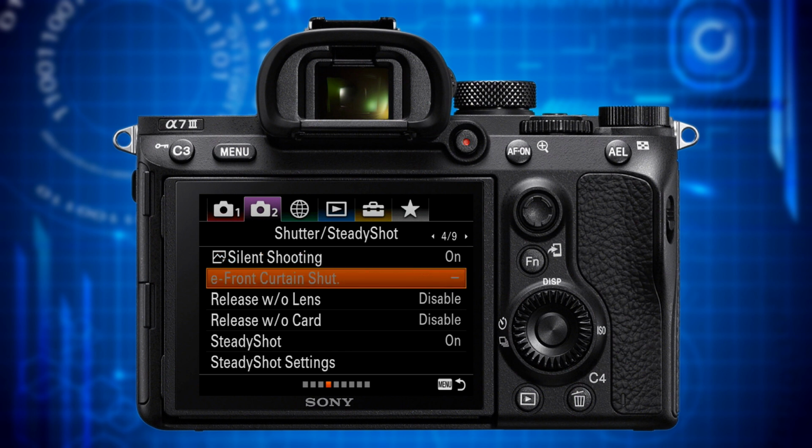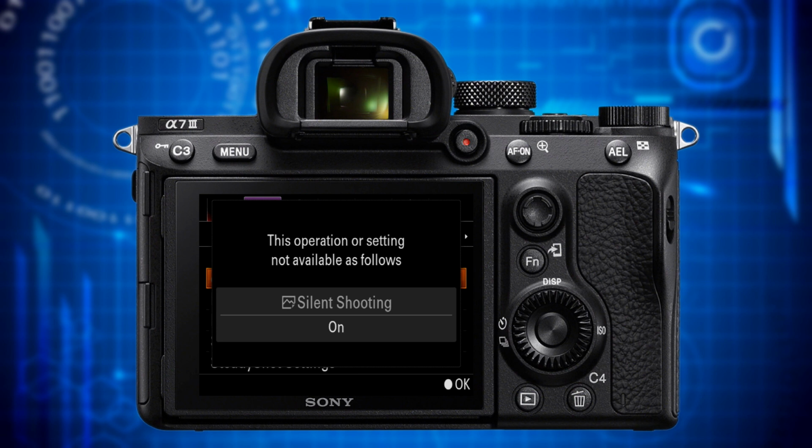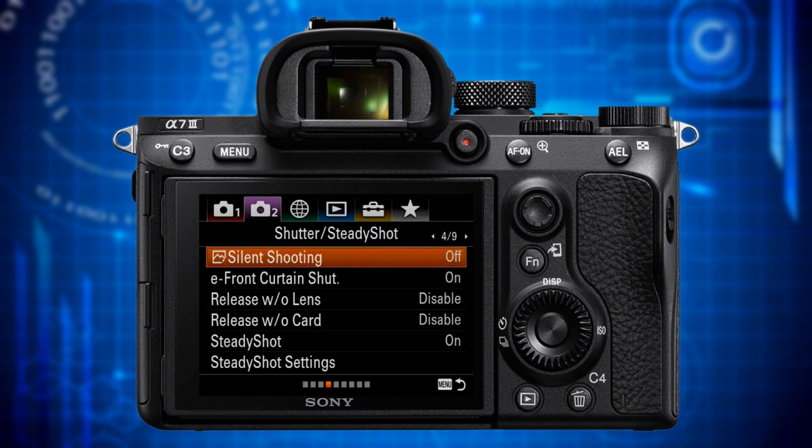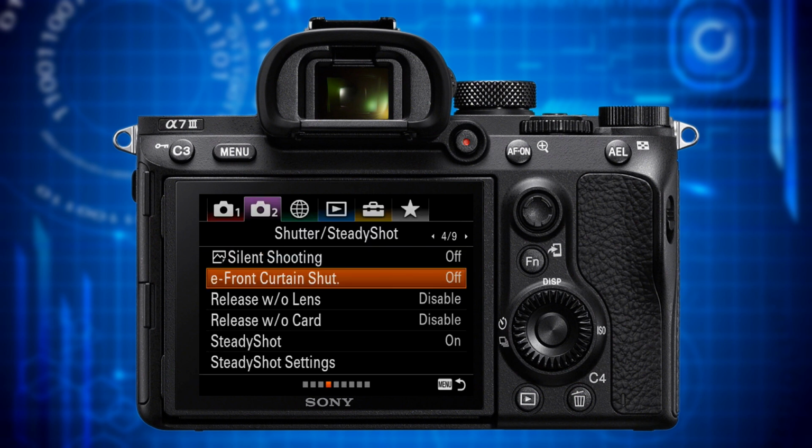The next feature is E-front curtain shutter. This feature is only available with silent shooting set to off, i.e. in combination with mechanical shutter. However, what it actually does requires a long explanation, which would go beyond the scope of this video. I will do a separate video just on this one. For the time being, it's sufficient to know that E-front curtain shutter is the best way to reduce wear and tear on the mechanical shutter. Therefore, you should set it to on unless you experience occasional overexposures with non-native lenses or banding when using high-speed